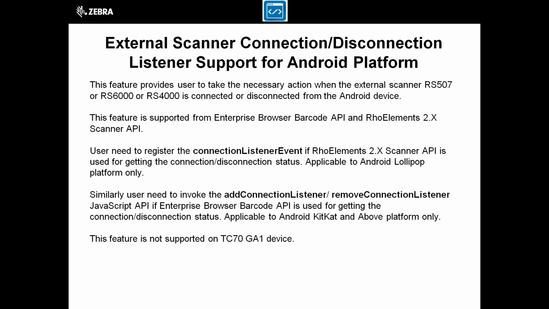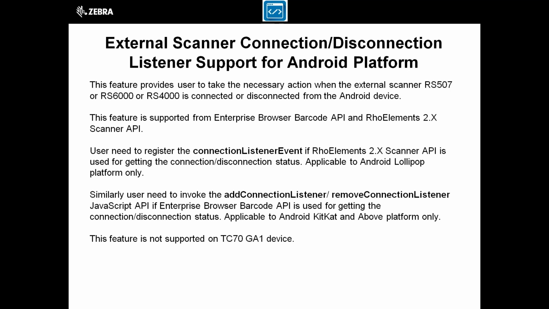Previously, if we disconnected the RS6000, the status of whether it had been connected or disconnected was never retrieved under the enterprise browser application, because that feature was not implemented till EB 1.4.